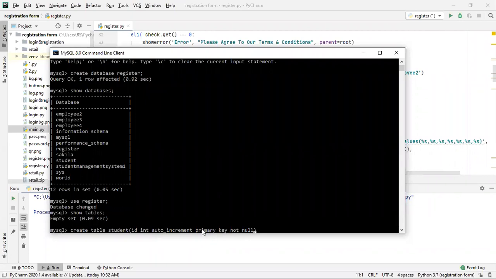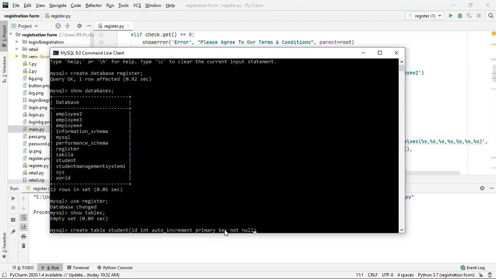Then only we can make it a primary key. So that is why I'm writing this id int auto increment, because I want that after 1 it will be 2, 3, 4, 5, 6, like this. Id should increase when I add data inside it.